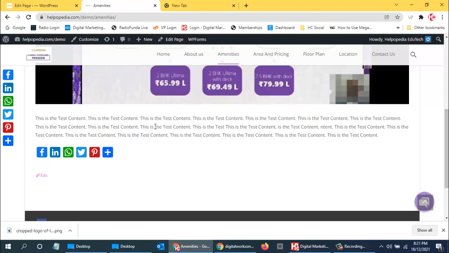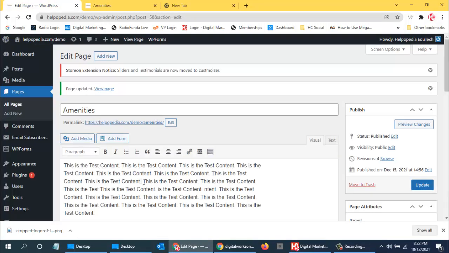But in that case also we don't put it over here in the featured image part, because that comes up only in the blogs that we are adding. For this, we can use small images in the content, in the center where we were editing the page. We can use this, and you can add that.